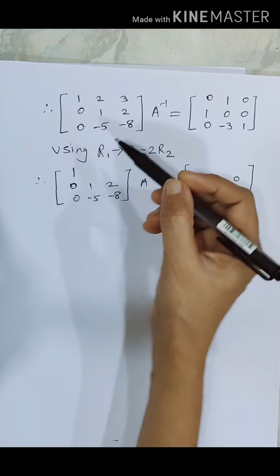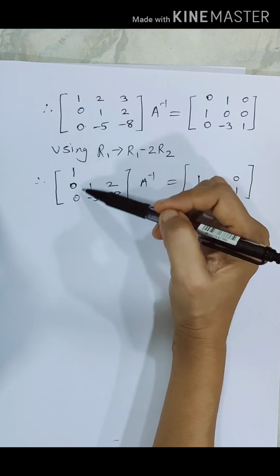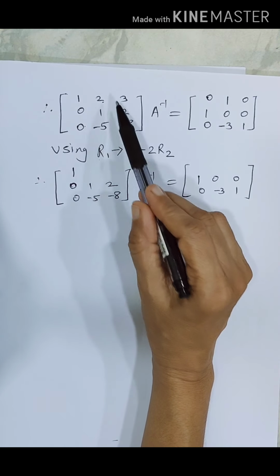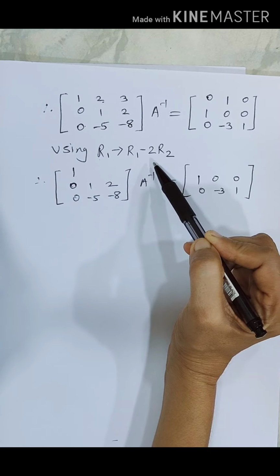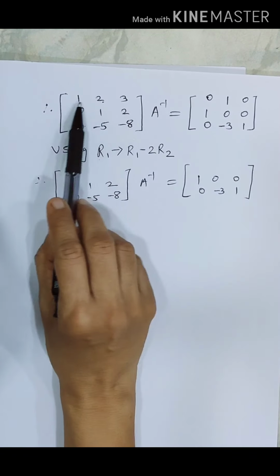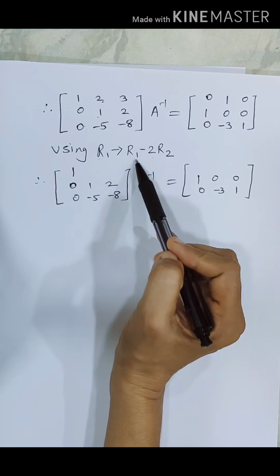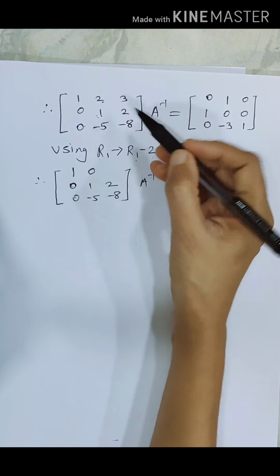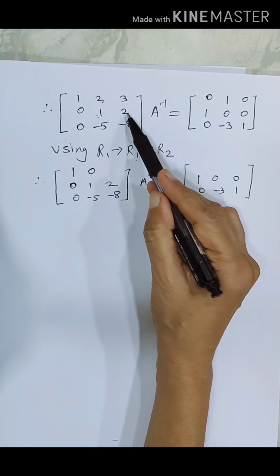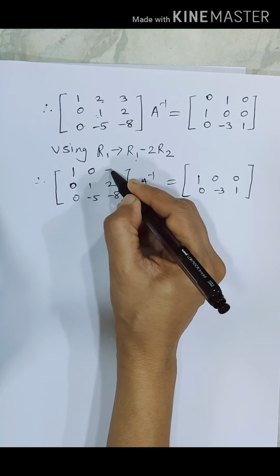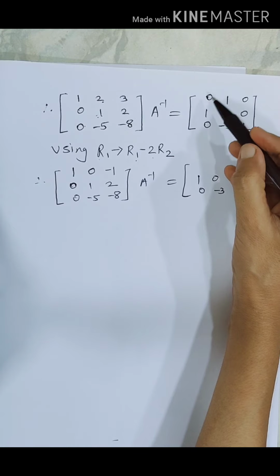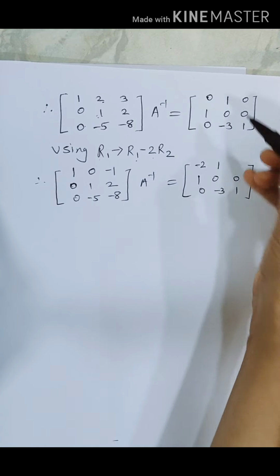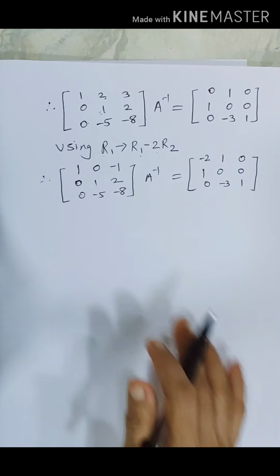Okay. So, let's maintain these as it is. Now, 1 remains like this. 2 minus 2 times 1, so we get 2 minus 2, that is equal to 0, and it is 3 minus 2 times 2, that is 3 minus 4, so here you get minus 1. Same operation here, R1 minus 2 R2, so 0 minus 2 here, 1 minus 0, and 0 will remain as it is. Fine.